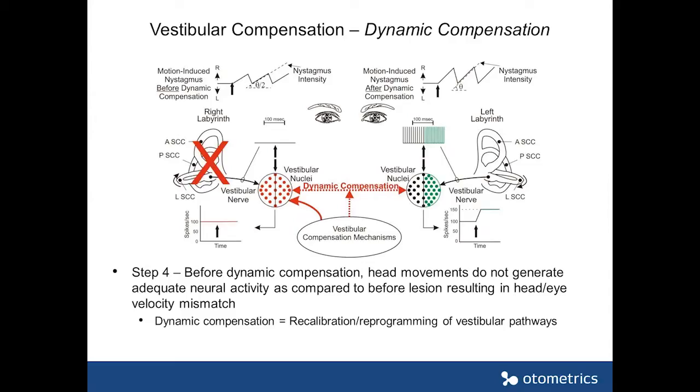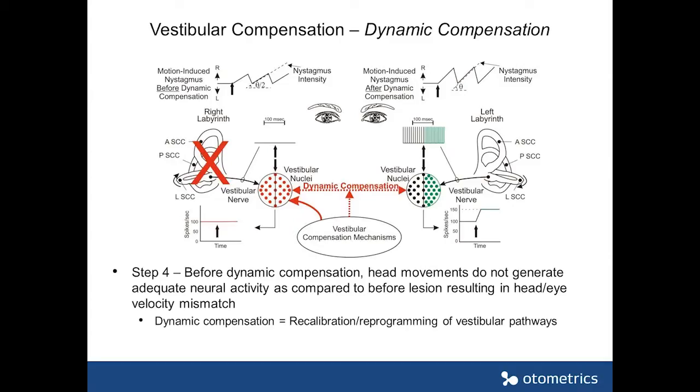Now, basically, this dynamic compensation requires recalibration of the neural pathways. The central nervous system now has to understand that not 100 spikes per second, but only 50 spikes per second represent the kind of head movement that they're experiencing now. And that recalibration usually takes a long time because it is,